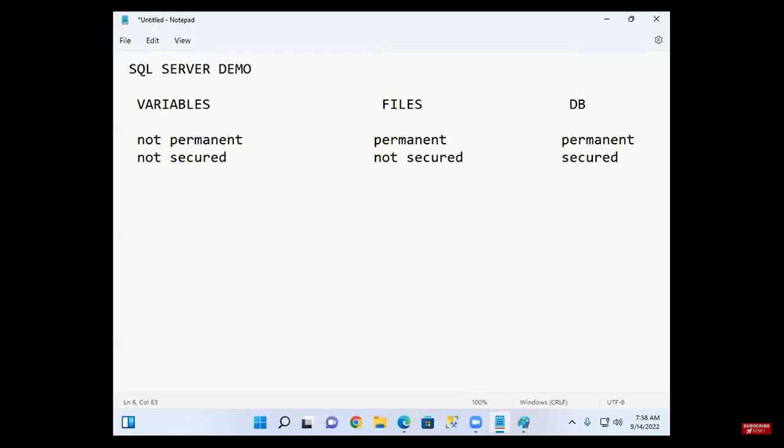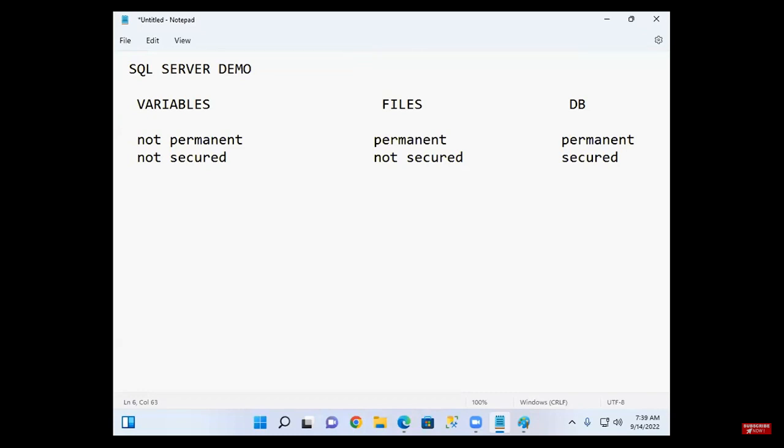Understood? Okay? So why do companies choose databases? They have options. They can store data in files also, but why do they choose databases? Permanent plus security. Take banks. Not only is storing the data important, they have to provide what? Security to the customer data.